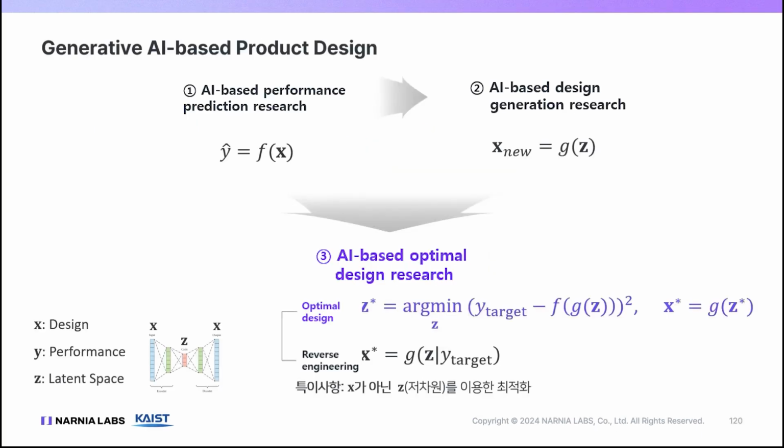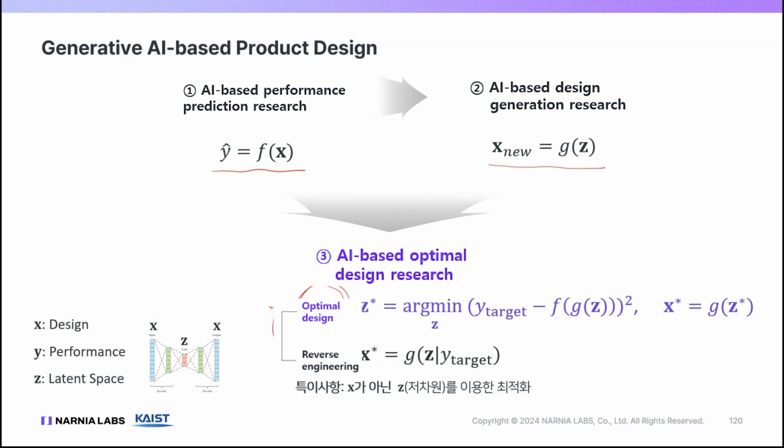Earlier, I explained this diagram once before. To recap once again, first, research on predictive AI was necessary, and then research on generative AI became needed. So, as shown here, when you have a function y = g∘f(x) and x = g(y), I mentioned that optimal design can be achieved in 2 ways. There is the traditional approach of optimal design using an optimizer, and the inverse design method using AI to generate